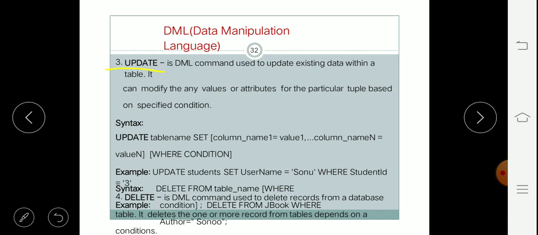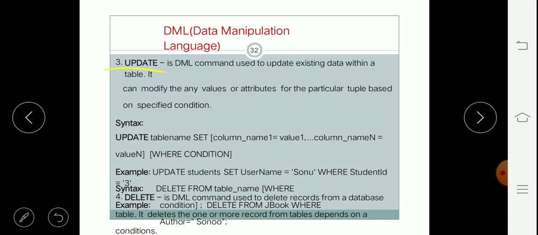Or if you want to change the username, address, or course, any value you can change with this update command. In simple words, using the update command we can modify any value or attribute for a particular tuple based on some condition.